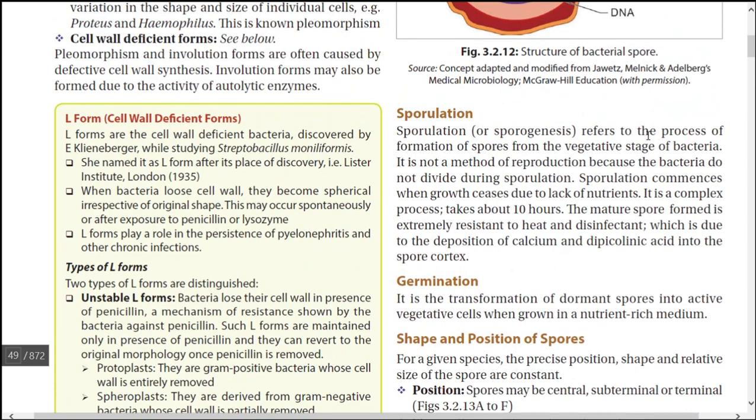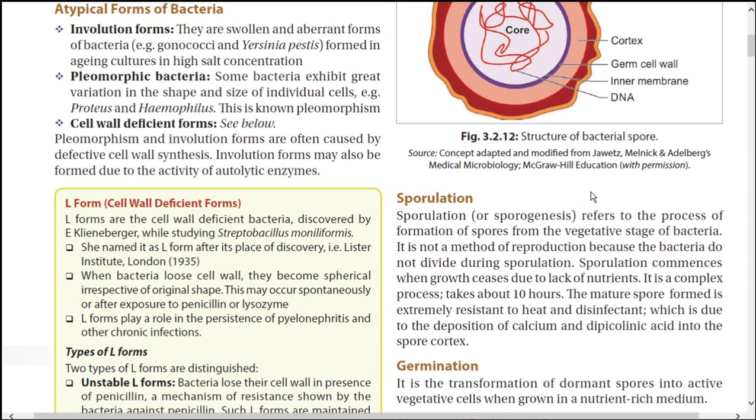Sporulation means formation of spores in the early stage of bacteria. During sporulation, the bacteria do not divide. Sporulation commences when growth ceases. Due to lack of nutrients, sporulation will occur. That is, the bacteria forms a protective cell wall which winds around itself,